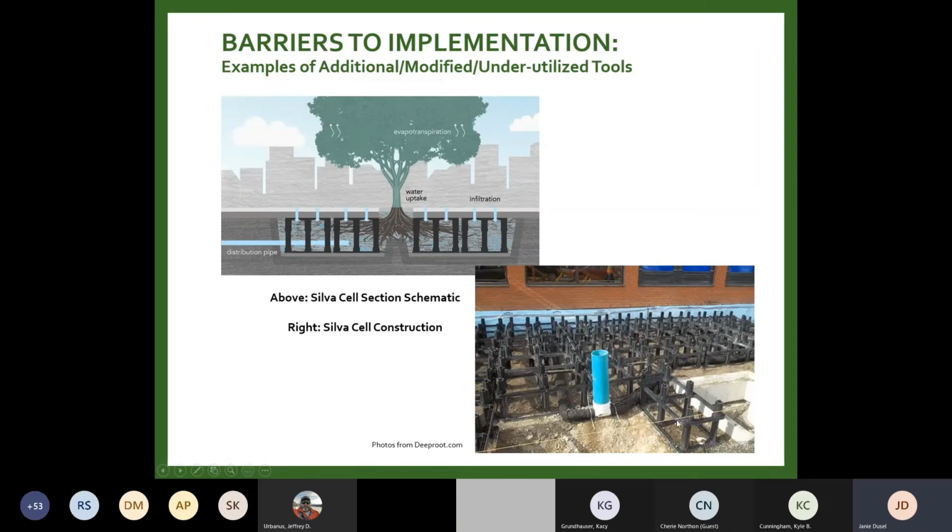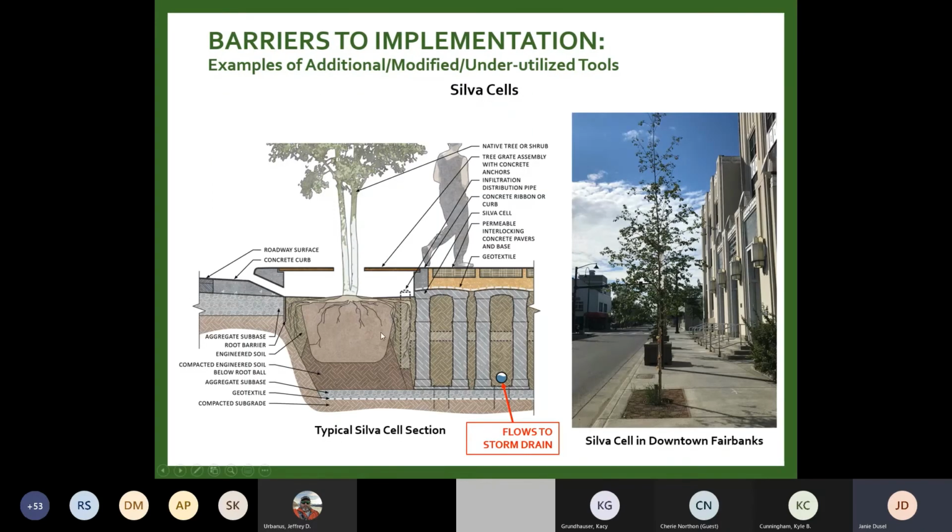In this case, it's the small size. They come in different sizes. That's going to go right underneath a sidewalk. So lots of options here. So I want to clarify really quickly, in this typical section,